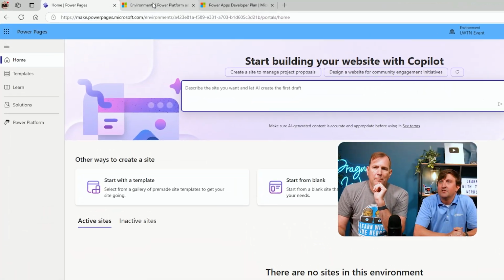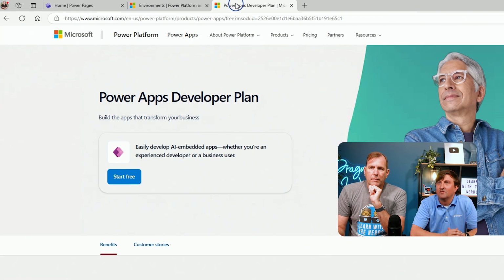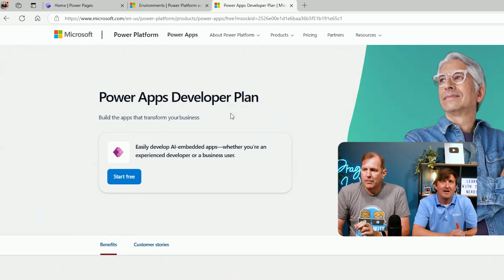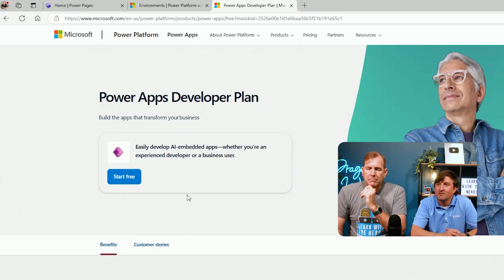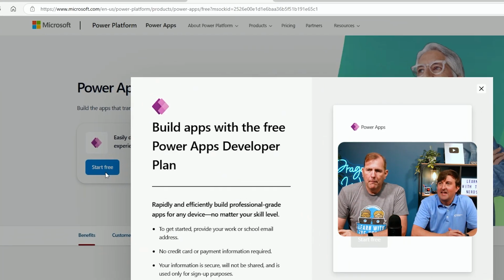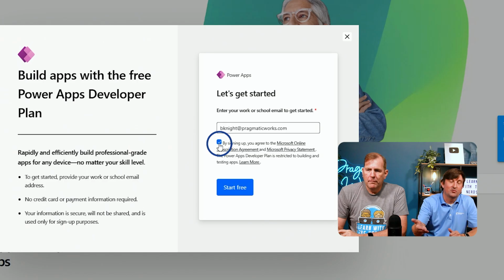Yeah. What we want to do is go to that third tab over here. You can just search for Power Apps Developer Plan using Bing, Google, whatever your choice is. We'll put it in the chat window also. Once you're here, we're going to click on that Start Free button. Then we're going to put in our school or work email address, put that check right next to it, and then hit Start